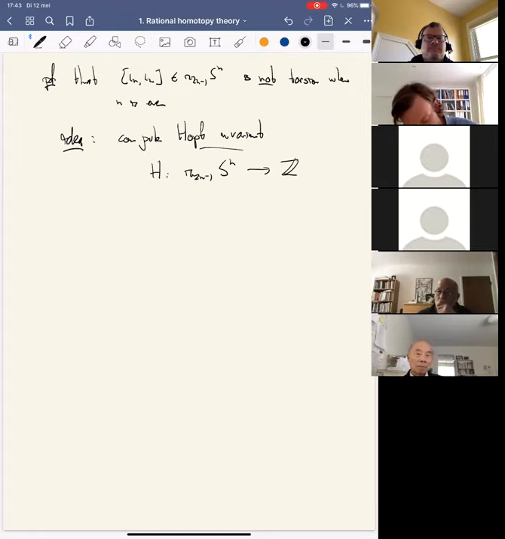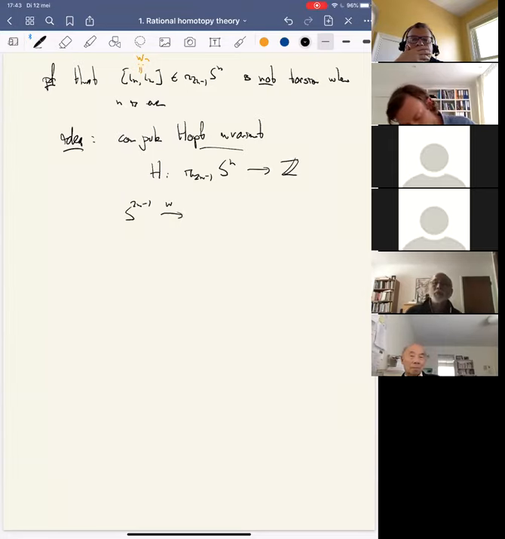So if you look at the map, let me give this element a name. I'm going to call this W_n, this Whitehead bracket. I can take this W_n and attach a cell along this map. So take the cofiber X. Now it's actually pretty easy to calculate the cup product, because this is really just a quotient of S^n cross S^n, and this allows for the following calculation. If you calculate the Hopf invariant of W_n,